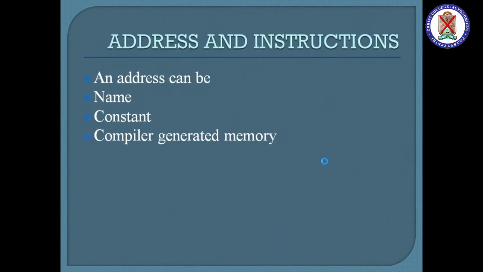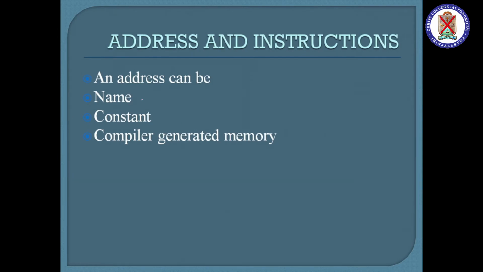Okay, so we can look at what is an address in a 3 address code. An address can be a name. What do you mean by a name? A symbolic name, that is, it can refer to the name of your program, so that you can refer to that program. Next, it can be a constant. It can be a symbolic constant or a numeric constant, and variables it can have. Otherwise it can be a memory address.